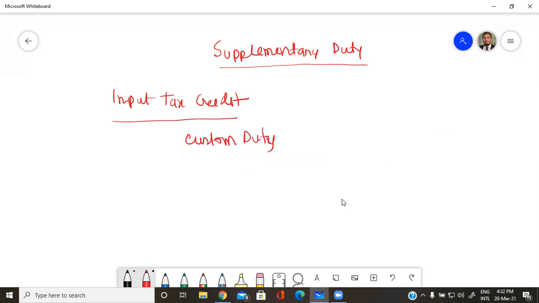Customs authority is collecting the customs duty. So the person or the business paying the customs duty, if supplementary duty is applicable, has to clear the supplementary duty at the same time, at the import stage. But in case of local supply, supplementary duty at the local stage will become applicable when